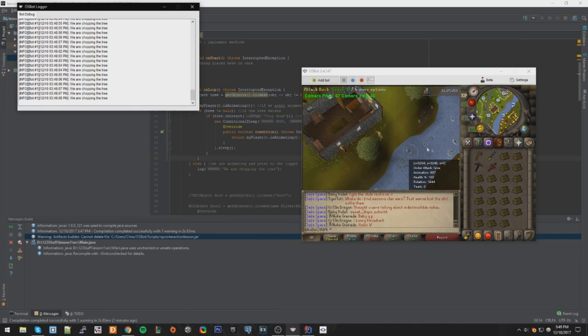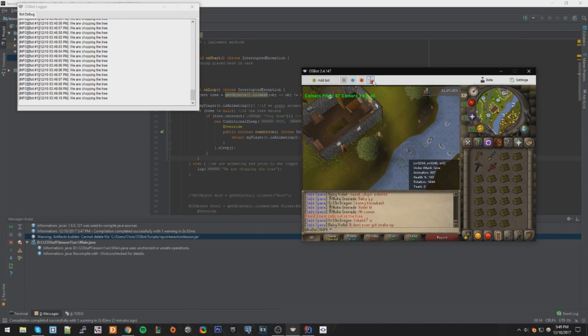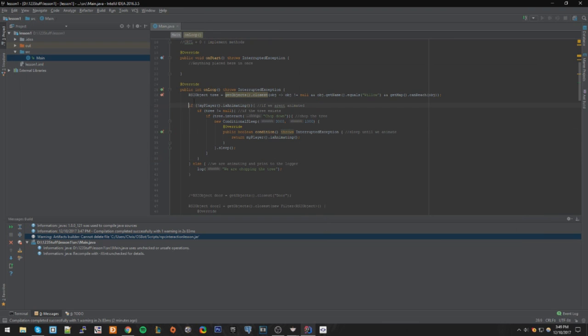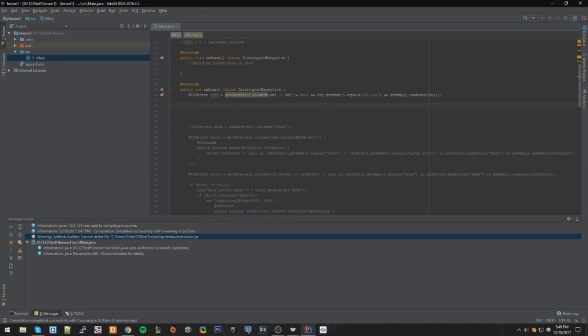So now we notice that our inventory is about to be full after we chop this next log. And you notice how our inventory is full, but it's still clicking. It'll sleep after we interact with it. We forgot to add an inventory check to check if our inventory is full. And how we can do that is where we stop the script. We can now do a check. We can cut this and place it inside a